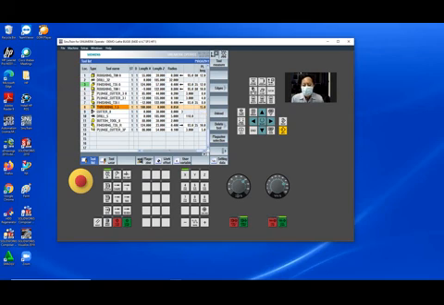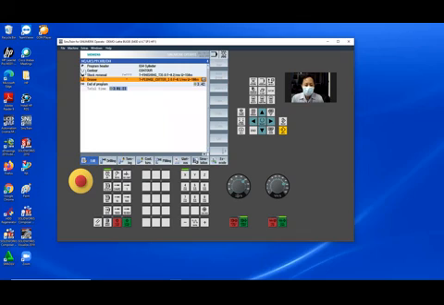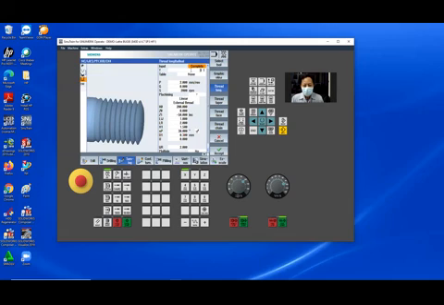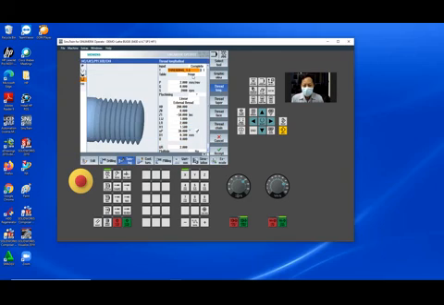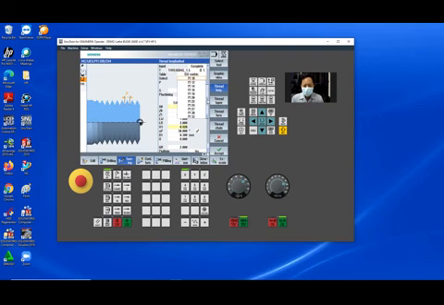Okay, program manager again. Program in here, turning, use thread. Select the tool. Threading tool. Okay, the table isometric and the M30. Big thread.